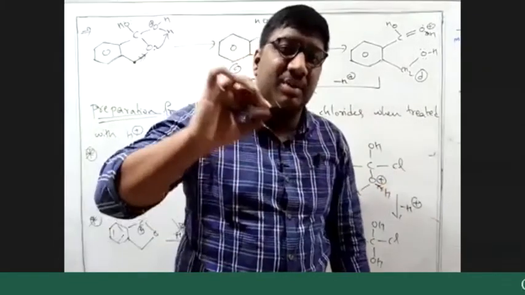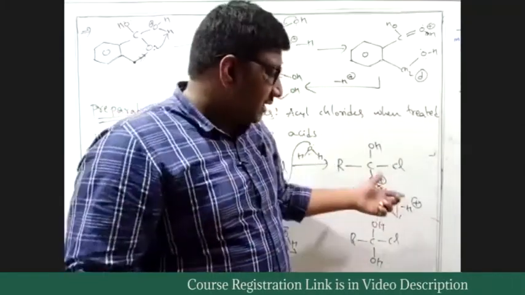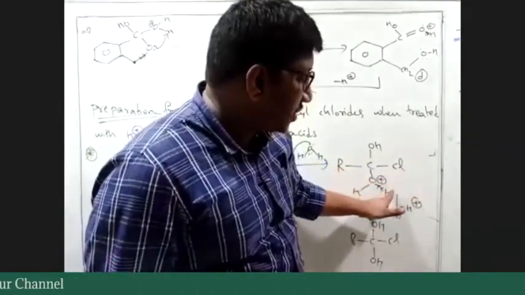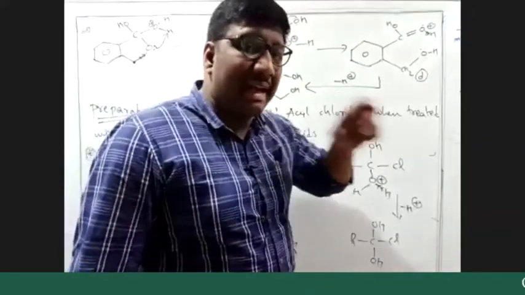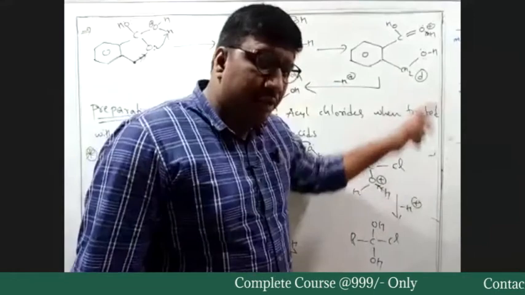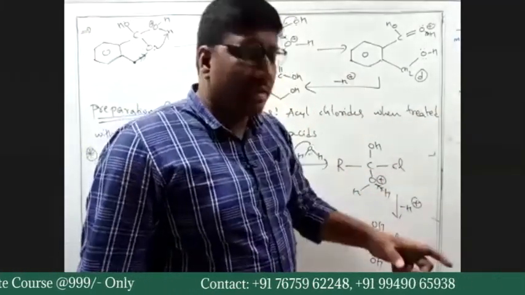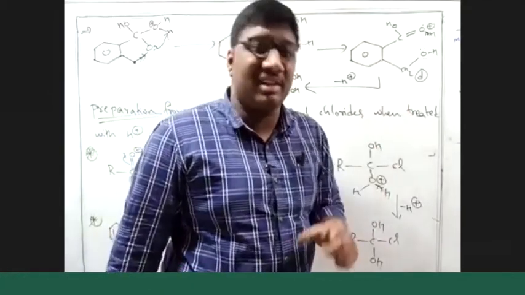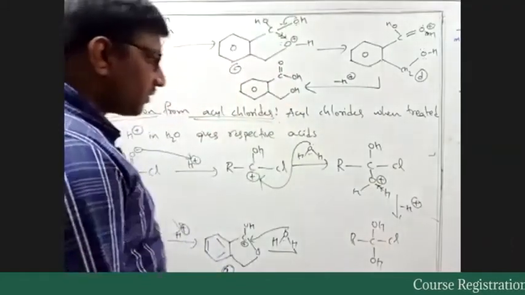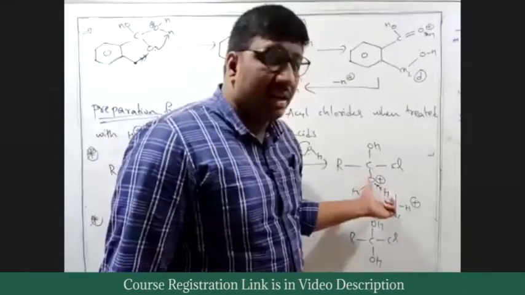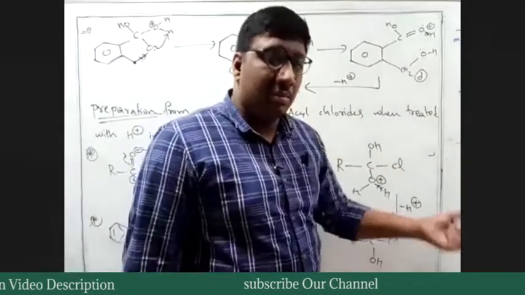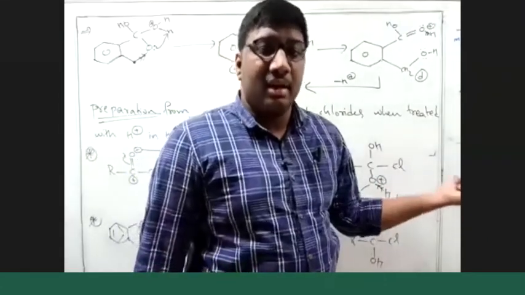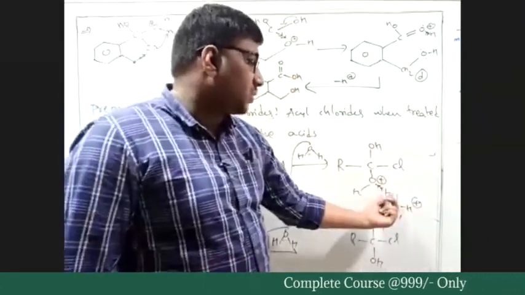We need to represent that attraction by dotted lines, but that step is not needed at gold standard. So if I have an interaction between chlorine and hydrogen, the carbon-chlorine bond should be breaking, the chlorine-hydrogen bond should be forming, and the oxygen-hydrogen bond should be breaking. So we'll get a 4-member transition state intermediate. That is very critical, so you can neglect that. You can simply say, as this bond is weaker, as time passes, H plus can leave. But H plus will not leave by itself. It has an interaction with chlorine, and because of that interaction only, it will leave.